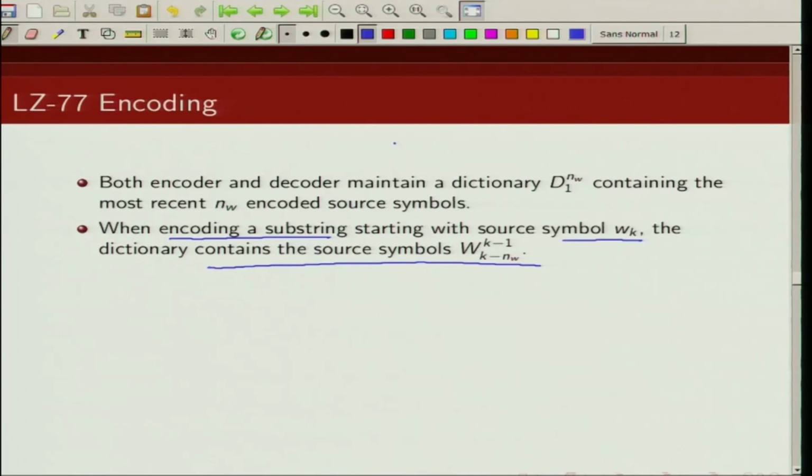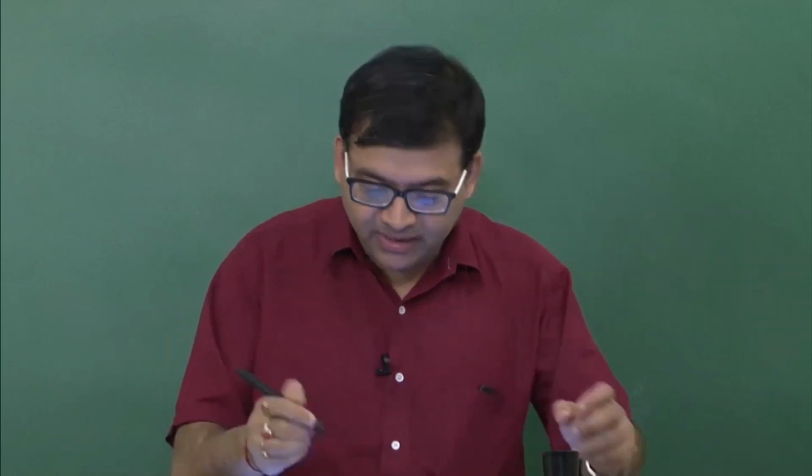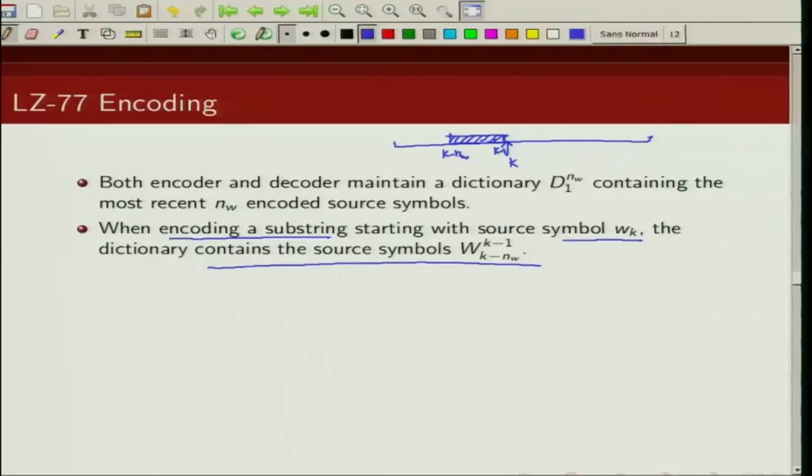So if you have a string of bits, and let's say I am looking at the kth location, then the bits from location K minus NW to K minus 1 are there in your dictionary. This dictionary is of size NW, and you are looking at the kth bit,